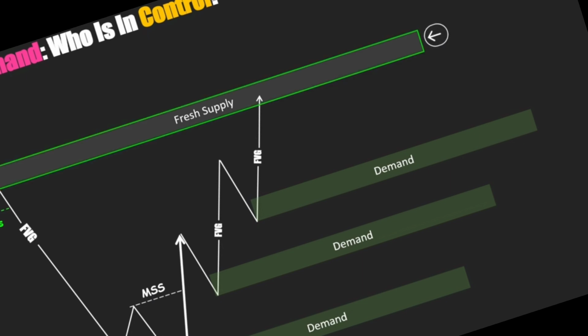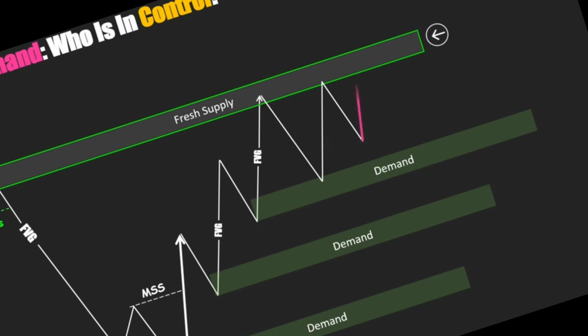Once the price reaches this zone, we no longer consider the market bullish, as it has the potential to reverse the price and cause a temporary correction. At this point, there's a battle between buyers and sellers, and the market might consolidate between supply and demand until one side takes control again. If the price breaks the most recent demand to the downside, it shows that supply has taken control, offering a